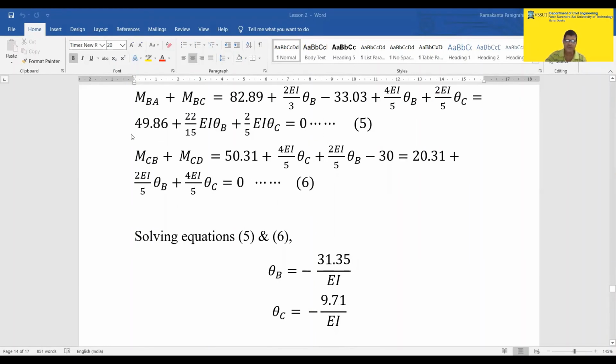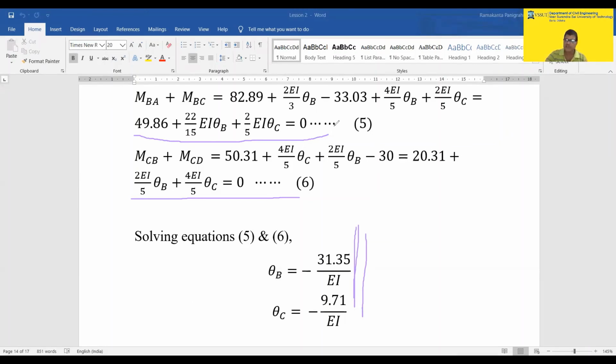Okay. So this is one equation. Here to here is one equation. This is one equation equal to 0, and this is one equation equal to 0. Now you can calculate theta B in terms of theta C and put it here and find the equations. Now both are coming negative here. Okay. You can just compare. In the first problem we have seen both theta B, theta C negative. In the second problem, theta B was negative, theta C was positive. Here theta B, theta C are negative, but the values are coming perhaps less than the values of the first problem. Okay.